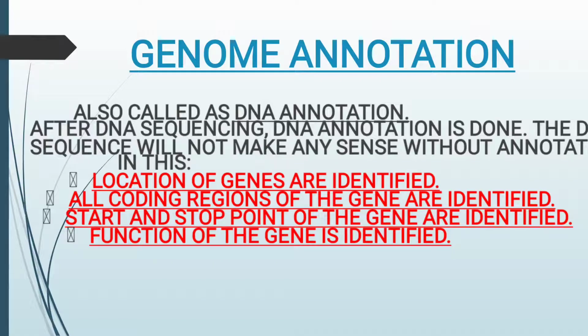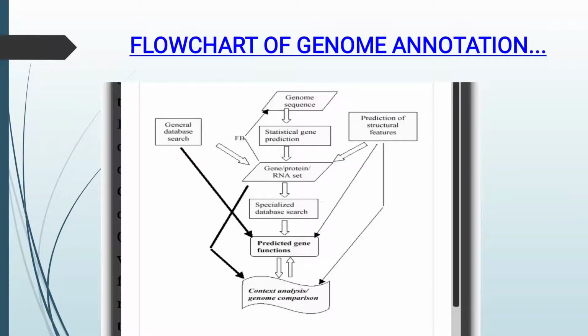Now, without knowing all this, for a single sequence, what I told you, it is a list of letters ACTG in a simple sequence. So this list of letters is actually useless if you don't know where the gene is starting from, where it is ending, where is the location of the gene, which part is intron. Intron is the non-coding part of the gene, and which part is the exon. Exon is the coding part of the gene. So all this is done with the help of genome annotation. In the next slide, we'll understand this further.